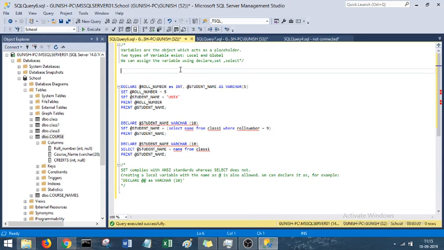So now you have declared roll number as int, student name as varchar 5. While declaration you define the variable name and the data type it will have. You can also set the value in the declare itself, but for now I am using the SET command. SET or SELECT commands can also be used for setting the value. For roll number I have set the value to 5, for student name to Unix, and I will try